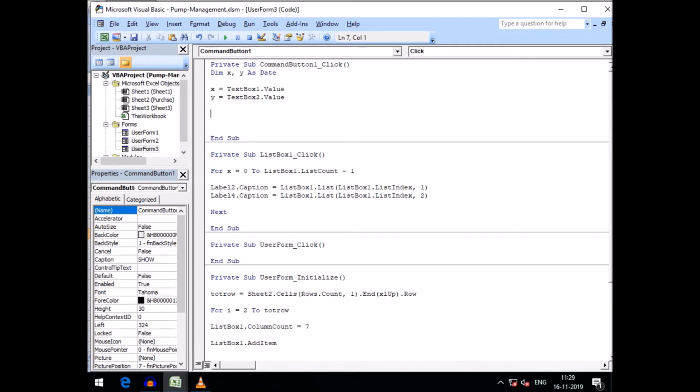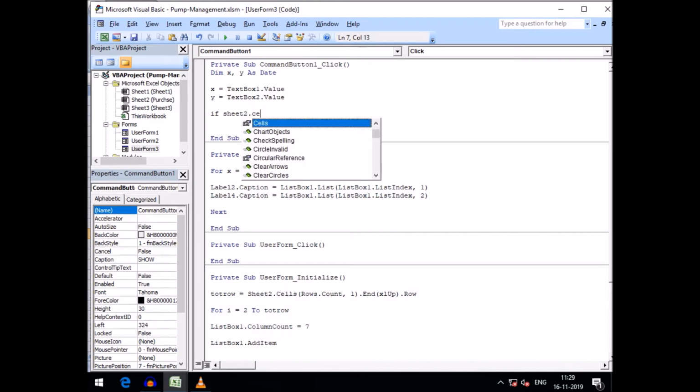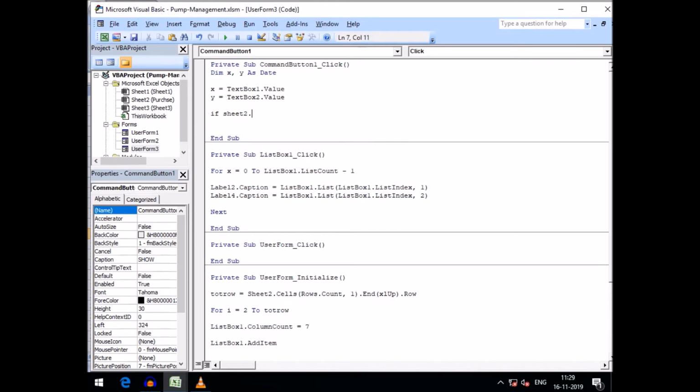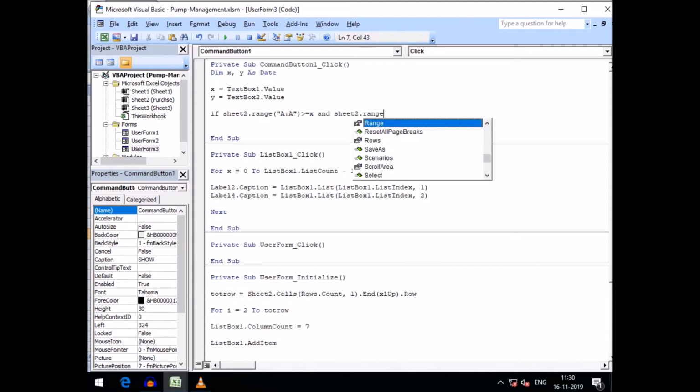And here I need a condition, friends. If Sheet2 dot Cells Range, actually it would be the range A colon A, where the dates are located, and if it is greater than or equal to the value of x, which I entered from text box 1, and the same Sheet2 dot Range, again within brackets A colon A, that is the first column where the dates are situated, if it is less than or equal to y, that is the value of text box 2,